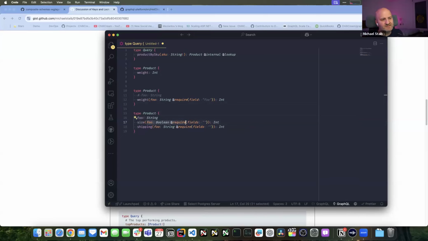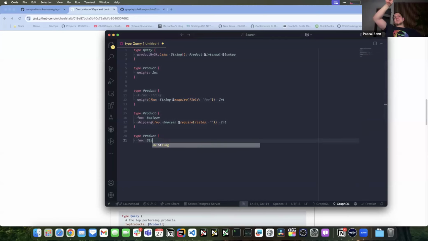Yes, but it's the same contract that you have anyway. Like if I did this wrong, and I could do this wrong, right? Then I also just find out when I merge that with the second product on the other subgraph that it's actually a string. Can you undo quickly and have the example with the two fields with the different types? Because there's a third case here, right?